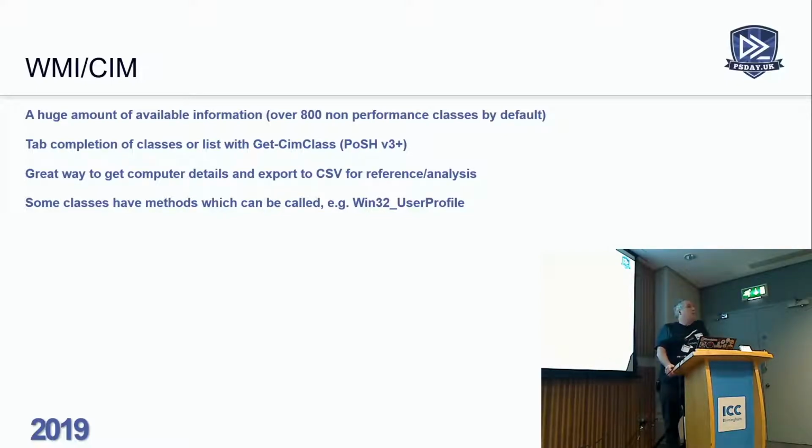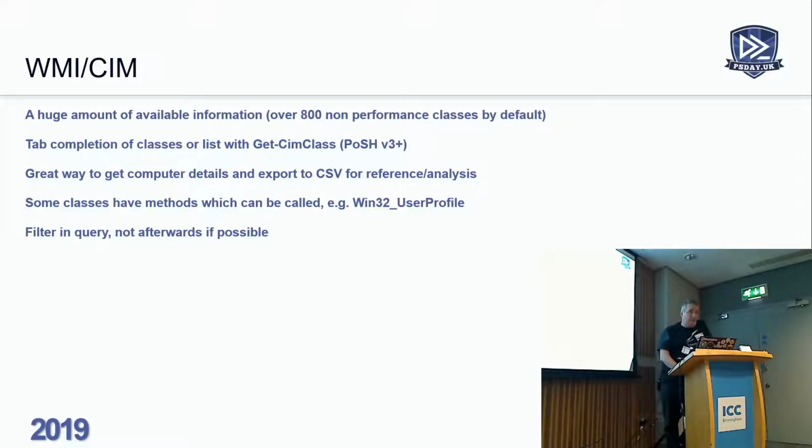Why haven't we cleared up his profile? It's very easy to go and find that stuff and then just delete the profile using that method, so you don't have to worry about where that profile is. Is it in users Bob, or is it actually users Bob 001 because there was a stuck profile before? All these things you need to take into account when you're writing delete scripts. Because writing delete scripts, we have to be a little bit careful. Well, we should be a little bit careful. If you're not,